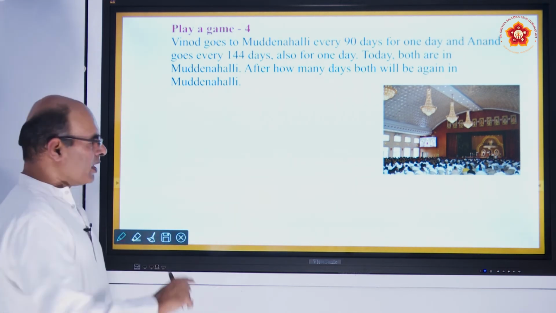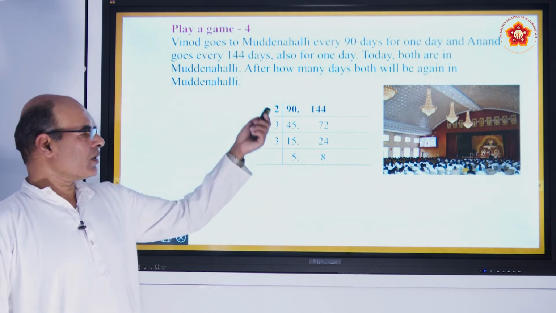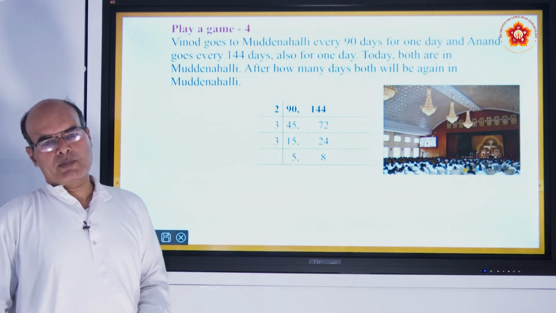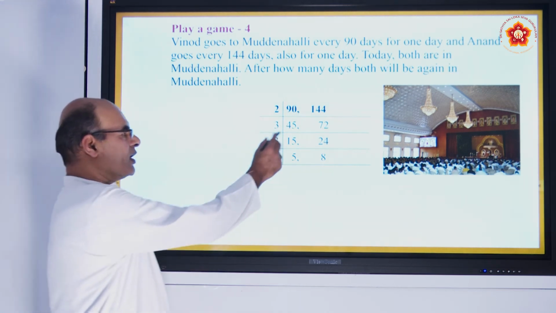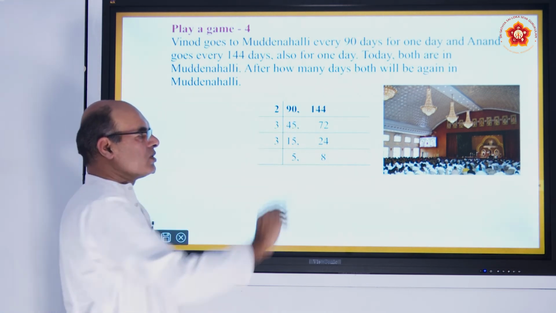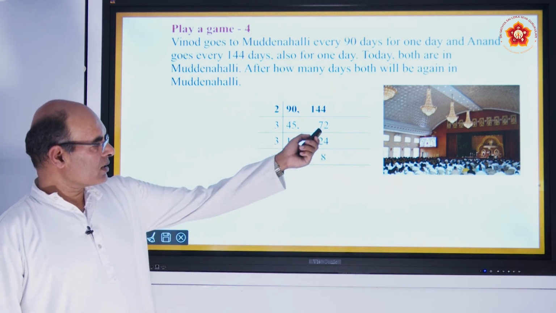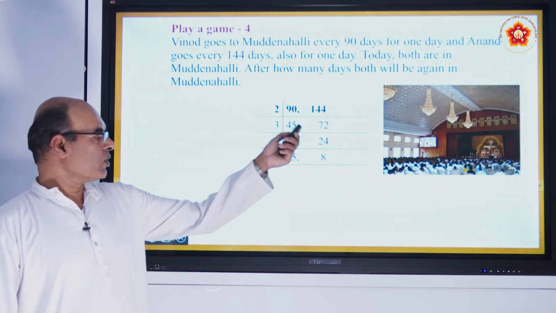Similar to the method of finding the HCF, here also take 90 and 144. Start to divide the given numbers using small prime numbers. Both are even numbers, so we can divide by 2. So 45 is from 90 and 72 is from 144. Then one is an odd number and the other is even. Therefore we can't divide both numbers by 2.